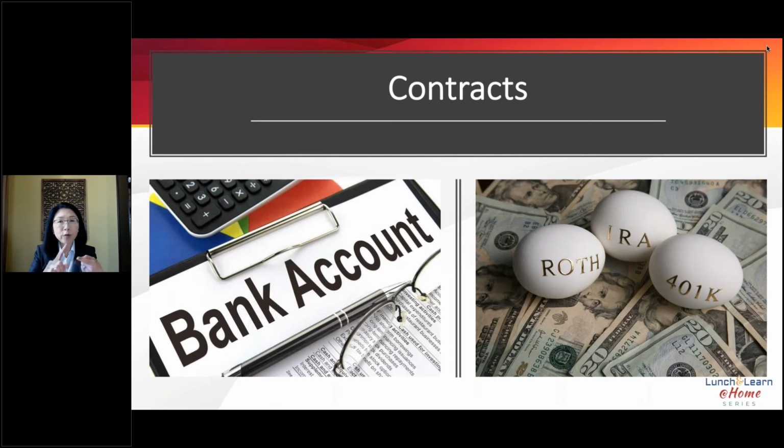Now, if you have retirement accounts, 401ks, IRAs, 403bs, those are contract-based as well. You want to make sure you name a beneficiary as well as a contingent beneficiary on your retirement accounts. The reason is that if you move that account into your trust in order to avoid probate, it's going to trigger immediate income tax consequences because those accounts are pre-tax dollar accounts.